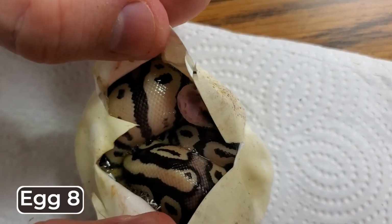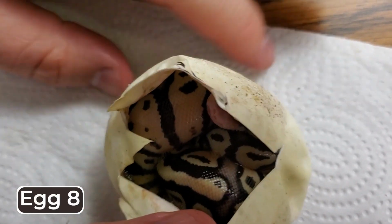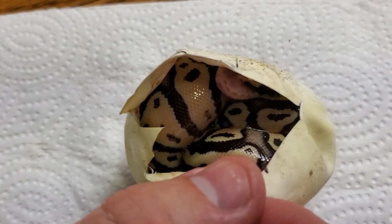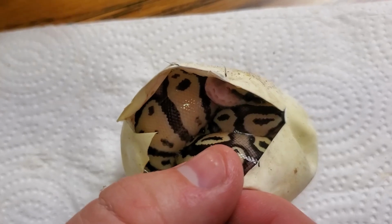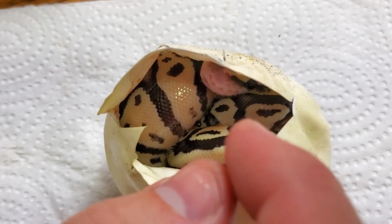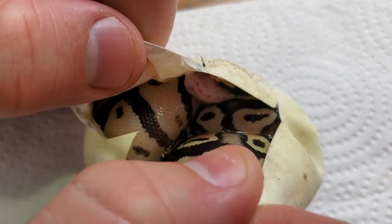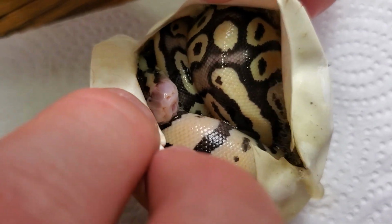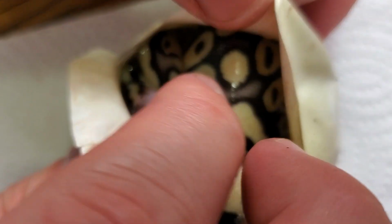Another really white head. So Fire Pastel. You know, I'm pretty happy with this. I know this is nothing too crazy or groundbreaking, but these look pretty cool and they're gonna make great pets, but there's also something I think going on here. So when they come out, I'm going to be deeply studying this and talking to some other breeders about, I think, some of this. If I think there's something special enough in here, I might keep something just to experiment